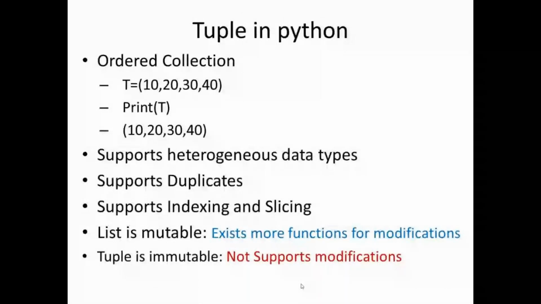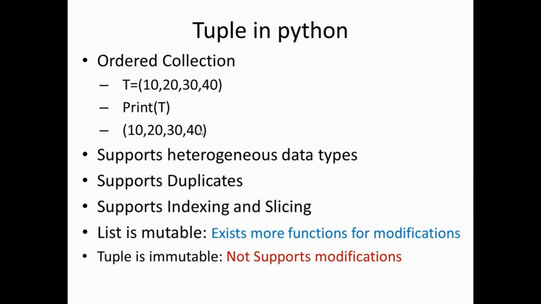And the last data type is tuple. We can identify the tuple based on the type of bracket we are using. Tuple uses open brackets, 10 20 30 40, whereas list uses square brackets. If you print t, what are the elements we have? 10 20 30 40. We can print it the same way because it is an ordered collection,